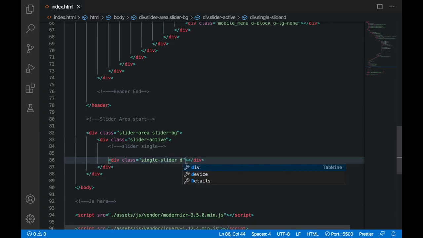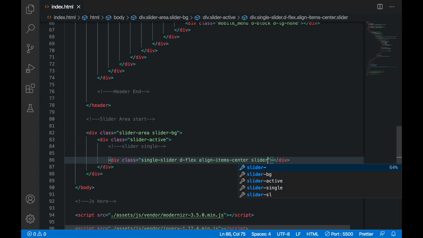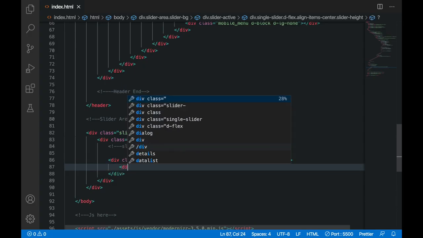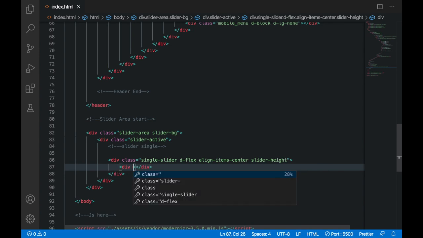Okay, then set the display to flex. So display should be flex. And after this, align-items-center and slider-height. Okay, so these are all Bootstrap classes which will apply some pre-written CSS rules. Inside this I'm just going to make another container and give it a class name of